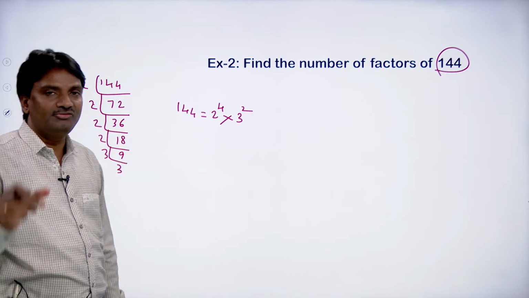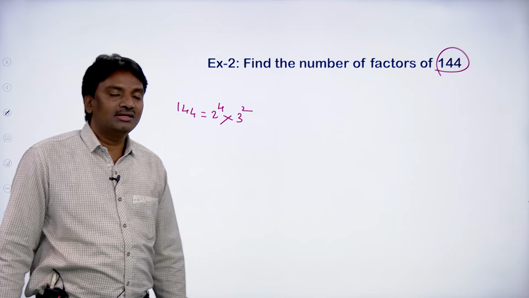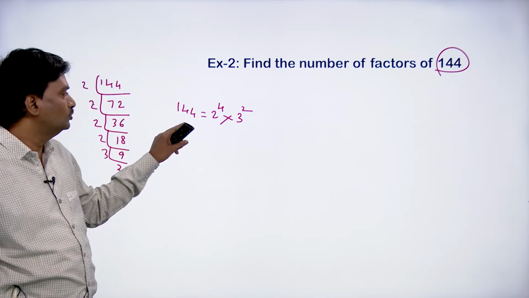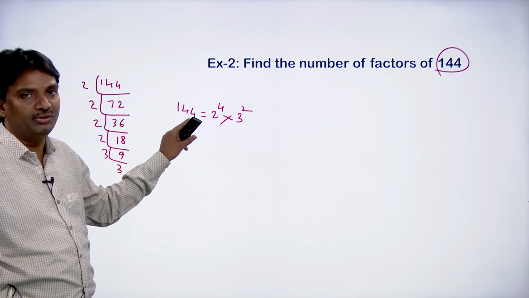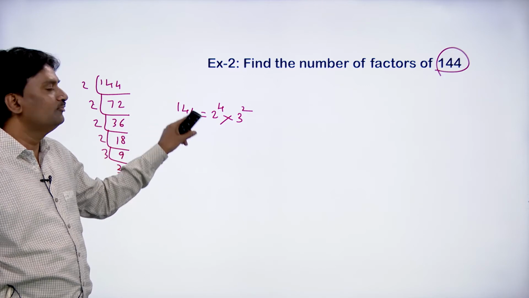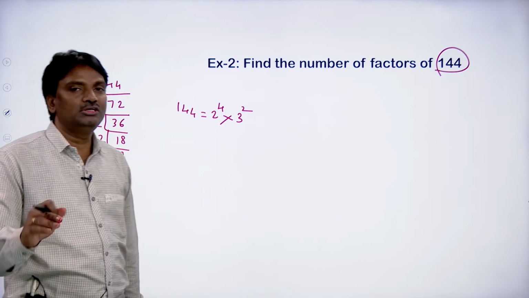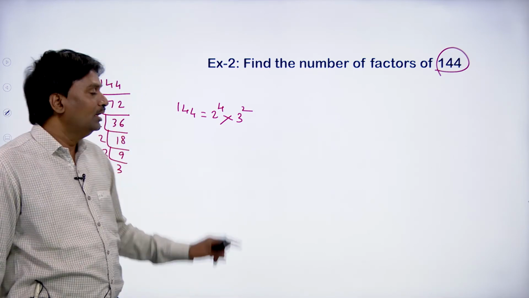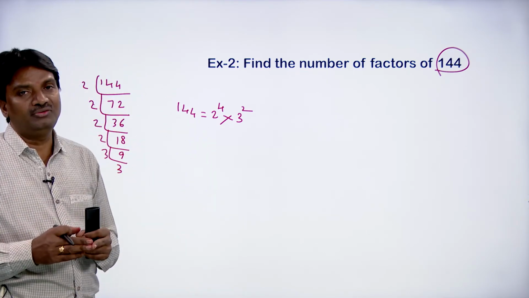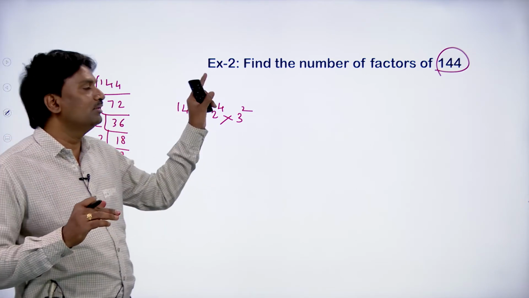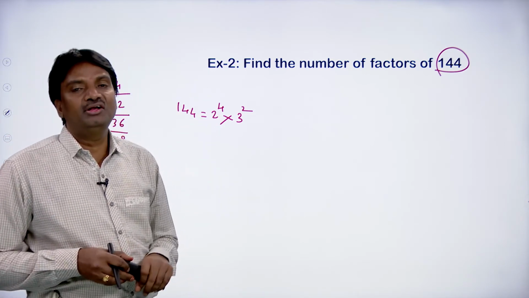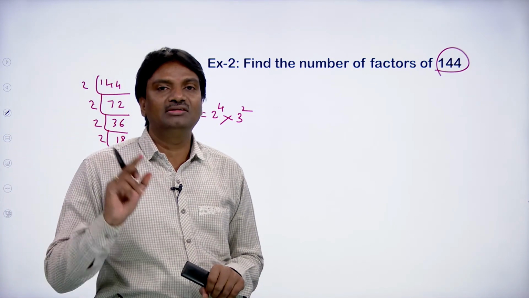So generally if you want to write the factors of 144: 1, 2, 3, 4, 6, 8, 12, 24, and so on. Okay, you will get the total number of divisors, you will get the divisors. But by using the formula (alpha 1 plus 1) into (alpha 2 plus 1) into (alpha 3 plus 1), and so on.